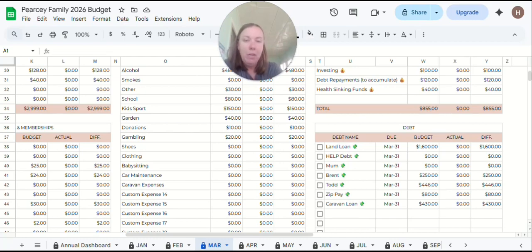Mum, I paid Mum back $250 last month, so in February. So this month I'm going to pay my brother Brent back $250. Each of those loans are about the same amount, and so I'm just going to alternate those payments so that they're both getting some money back. And then my brother Todd, just 2 fortnightly repayments totaling $446 for the month, and that is for a car loan. And then Zip Pay, I've got $80 there, and our caravan loan $430, which are the minimum repayments,